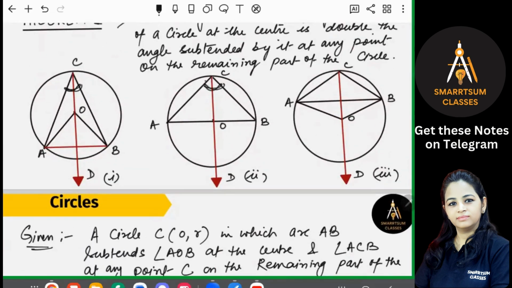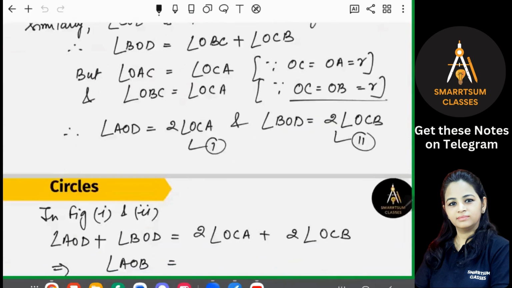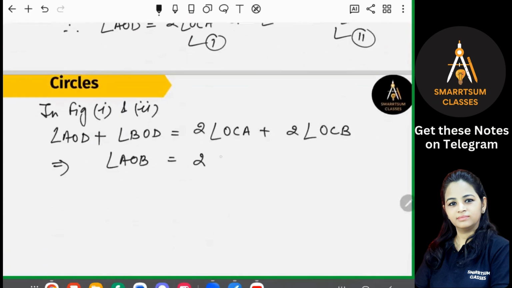Similarly here, getting it? So write down twice of angle OCA plus angle OCB, and OCA plus OCB is angle ACB,